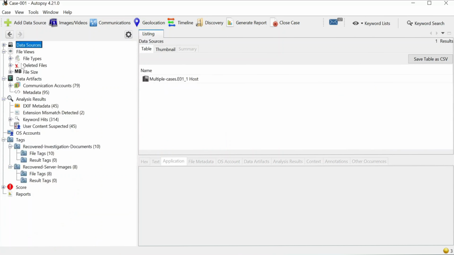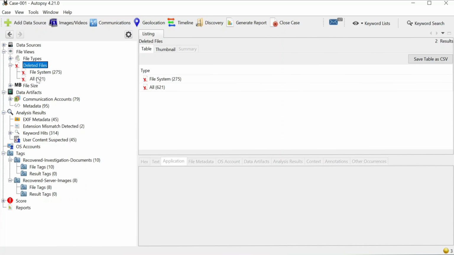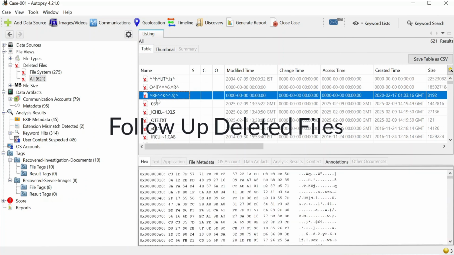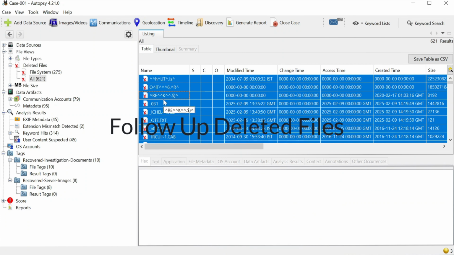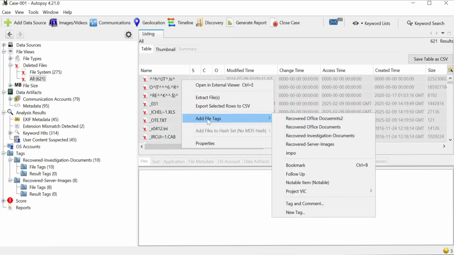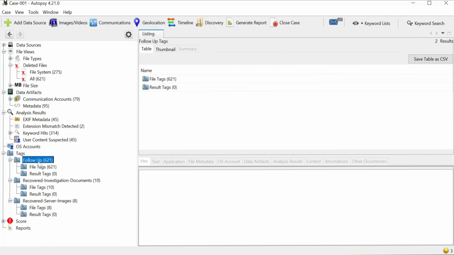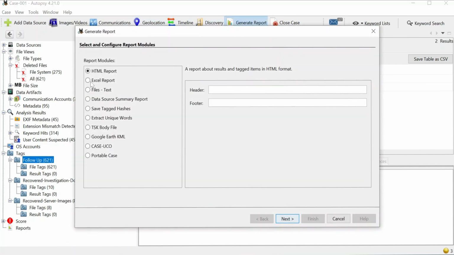So now the next step is to check the follow-up of the deleted files. These are the deleted files. Around 621 files are deleted from this image. You can just press Ctrl A, select all, and right click, and then click on the follow-up option, and then all the follow-up folders are available here, and the follow-up